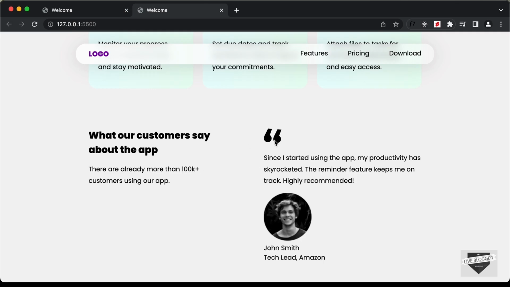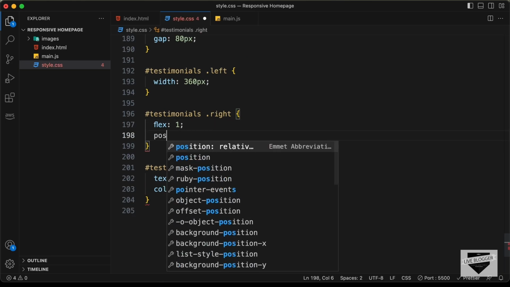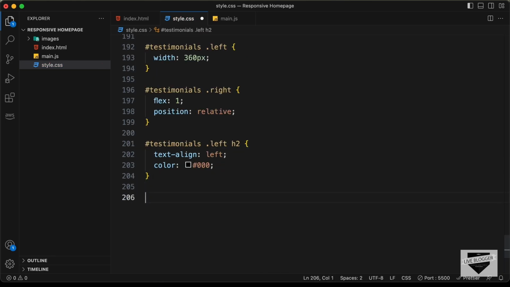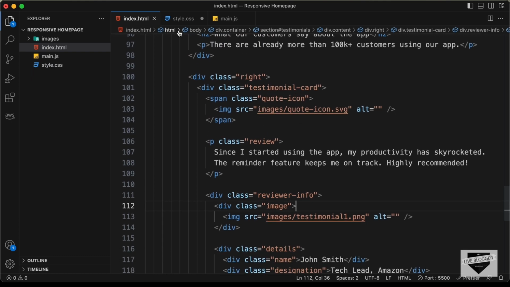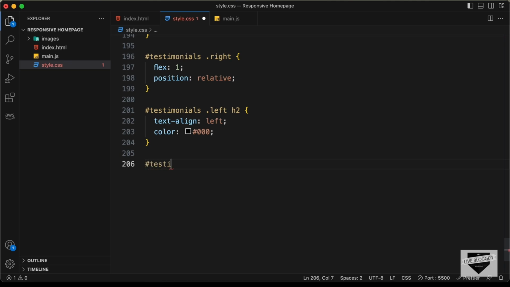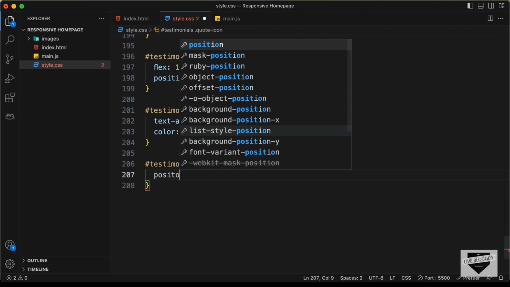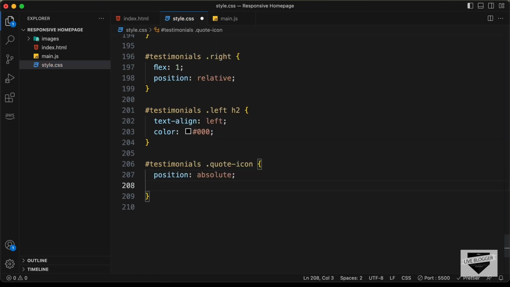Right, now let's style this quote icon. So we will position this quote icon relative to this right division. So for the right division, let's set the position to relative, and now let's target the quote icon which has this class of quote icon. So I'll just type Testimonials, quote icon, and let's set the position to absolute, and we will set the top position to -20 pixels and the left position to -50 pixels, and let's set the opacity to 0.3,